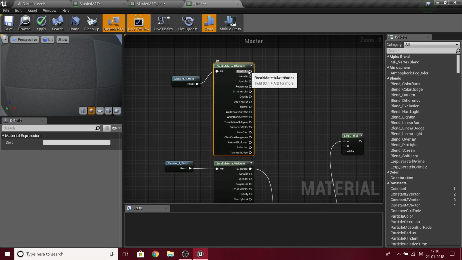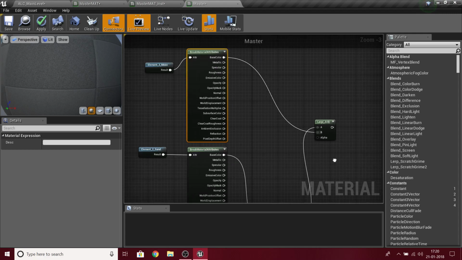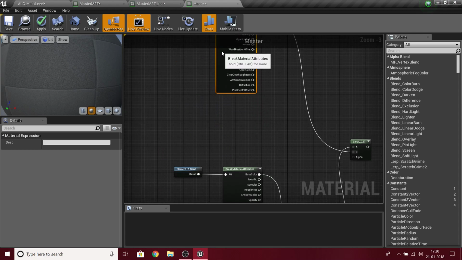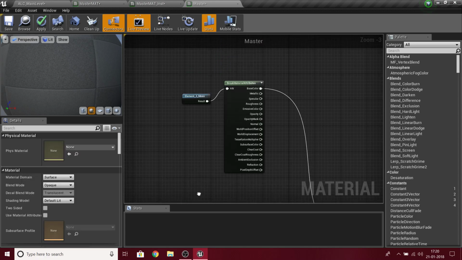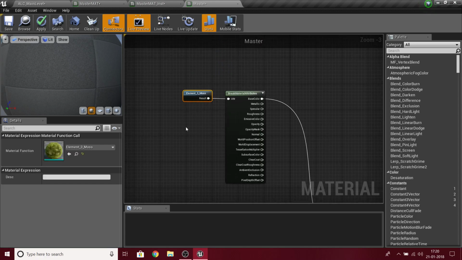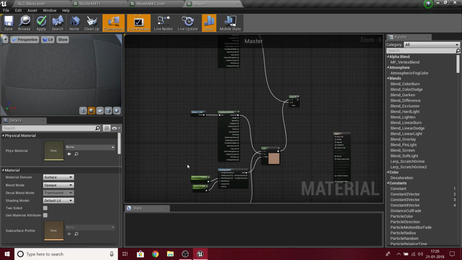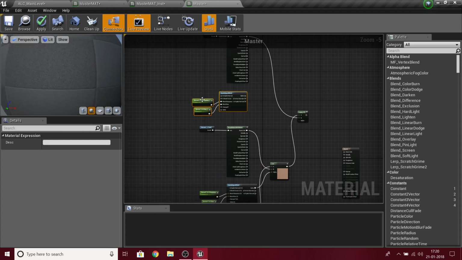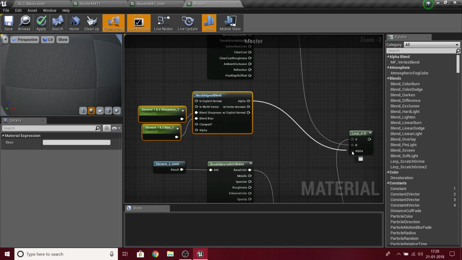I love the material node system. Put this in here, make some space here, keep it all aligned, at least try to, and just select this and press Ctrl W to duplicate, put this into alpha,